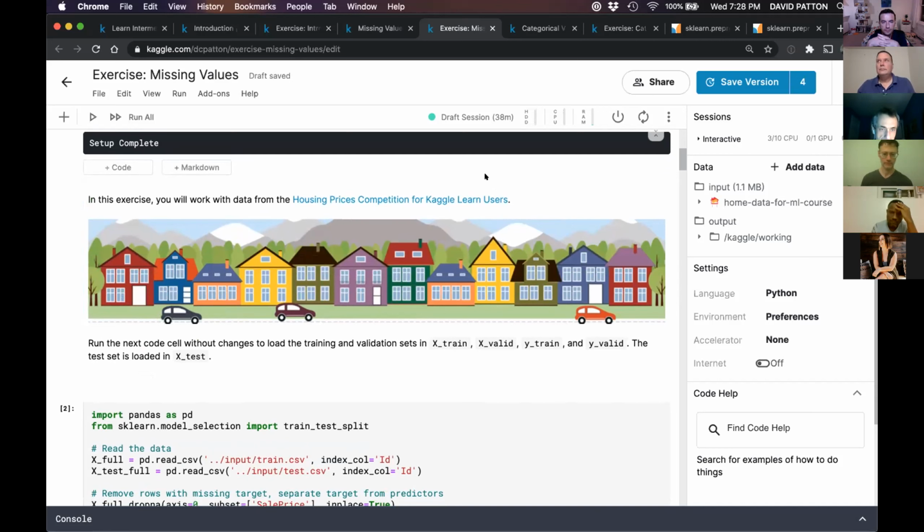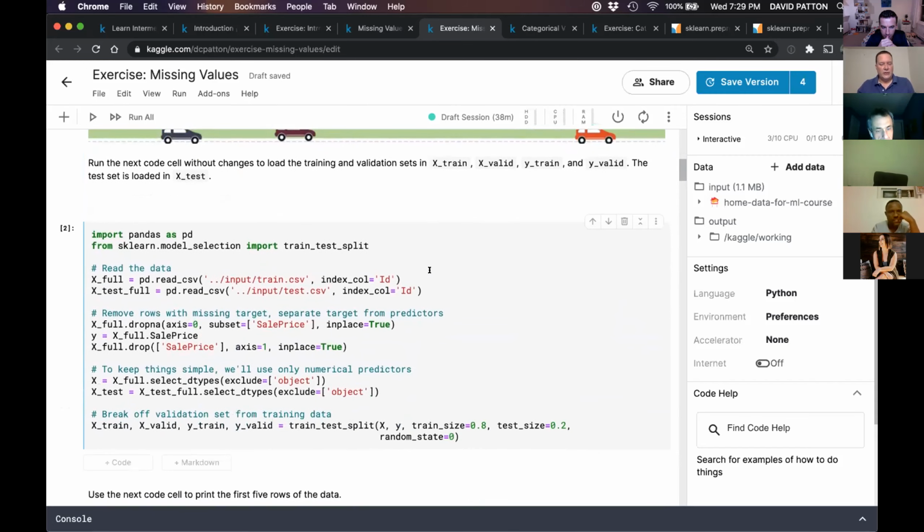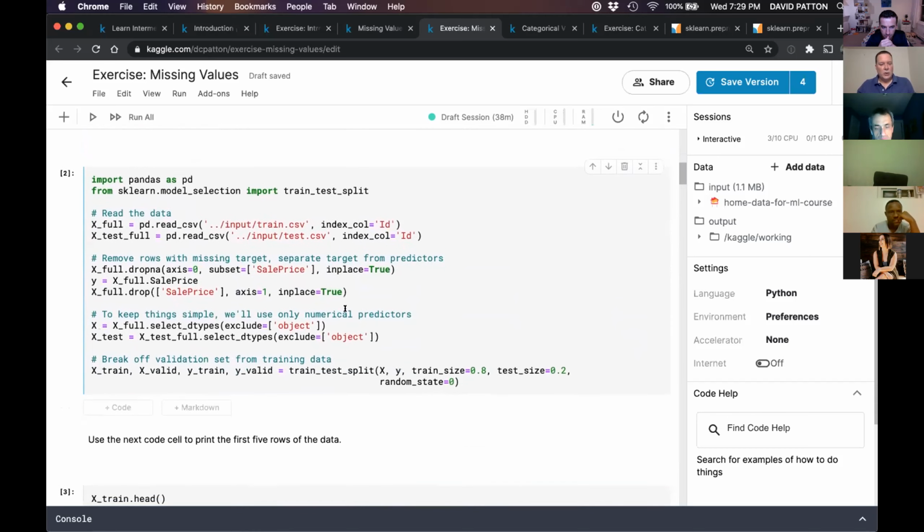And then you can get more complex and put target weights on it and that kind of thing. So in our exercise, we're going to look at the housing data again that we looked at before for the Kaggle competition. In this case, we're not going to just include a few columns, but a lot more. We're going to look at all of the numerical columns. So here we're excluding objects, which are your strings or categorical columns, and we're only going to look at numerical columns.